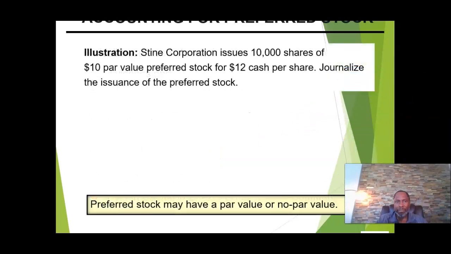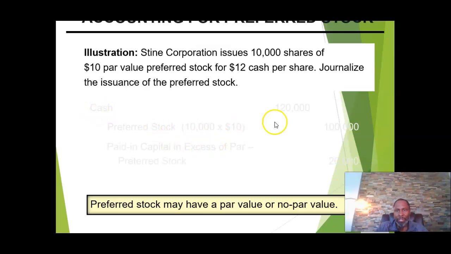For example, Stein Corporation issues 10,000 shares of preferred stock with a $10 par value. They were issued for $12 in cash. So the cash, you would debit $120,000. That's 10,000 shares times $12 per share. Credit preferred stock at its par value, $10 times 10,000 shares, and the difference goes into your paid-in capital in